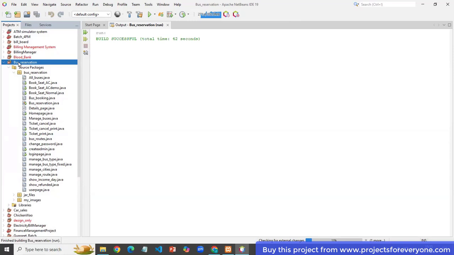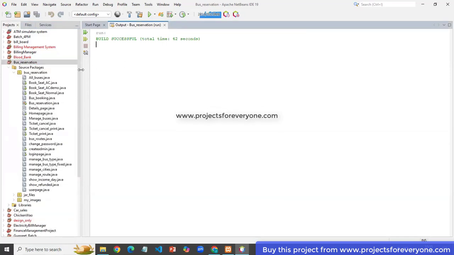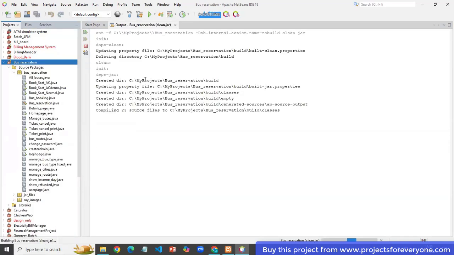If you want to run it as a jar file, you can also run it from the jar file. For that, you have to click on this Clean and Build option.